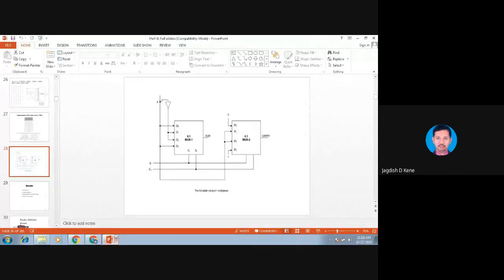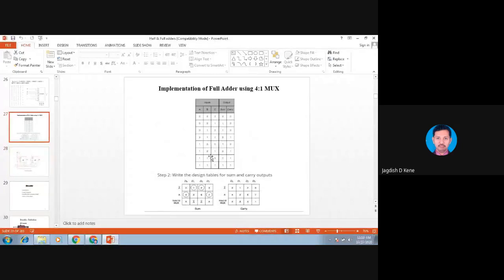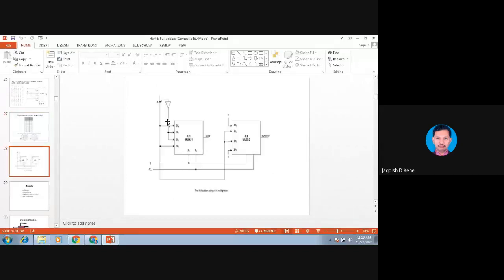So let us see here in the truth table. In all these cases A is 1. So this A is connected to the remaining terms, but this will define only D3. So 1 is connected to D3 and that will be connected to carry.